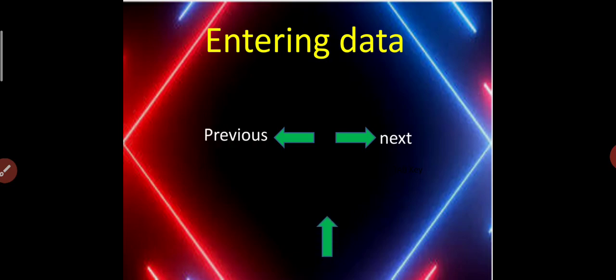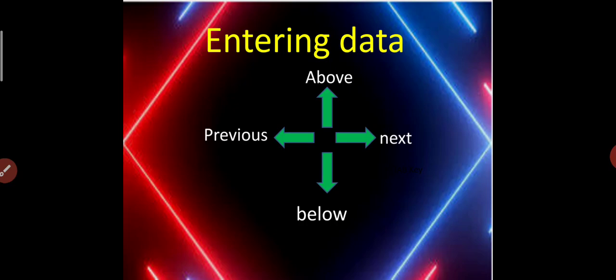Then the next one is the up arrow key. What is the use of the up arrow key in a table? The up arrow key is used to move your cursor one cell above, okay, and the down arrow is used to move your cursor one cell below.